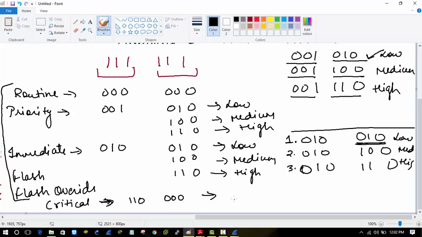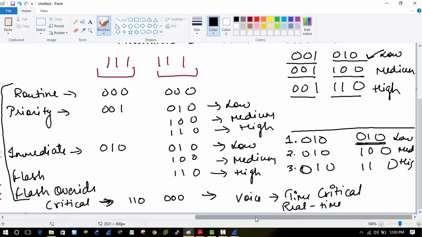because the critical packet is sometimes used in the case of voice, because voice data is time critical, or you can say it is real-time data. So for voice, the time really matters. So first, the priority out of all of them will be given to the critical packet. Okay, so now if we go on to